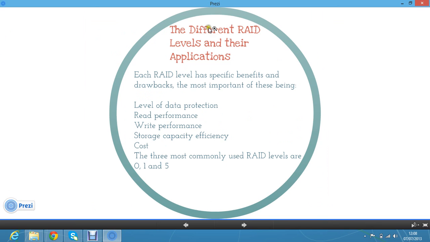Finally, the different RAID levels and their applications. Each RAID level has specific benefits and drawbacks. The most important are the basic level of data protection, read performance, write performance, storage capacity, efficiency, and cost. The three most commonly used RAID levels are 0, 1 and 5. The versions: